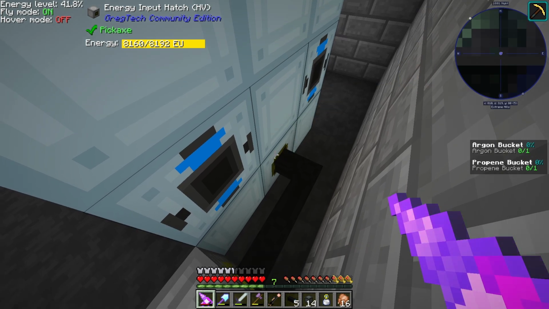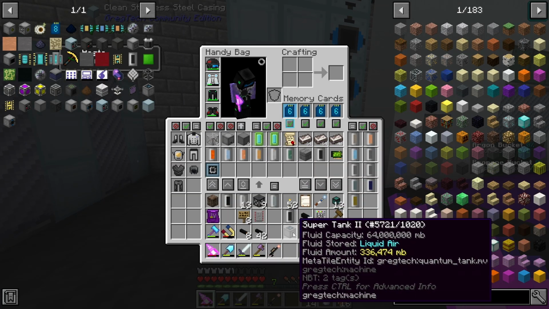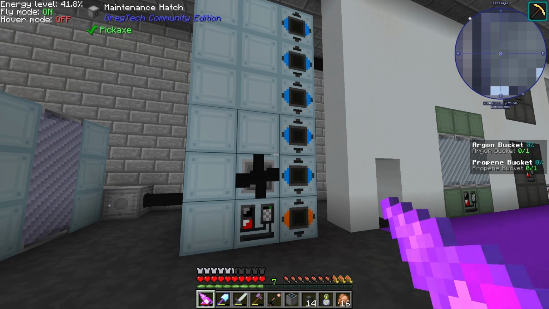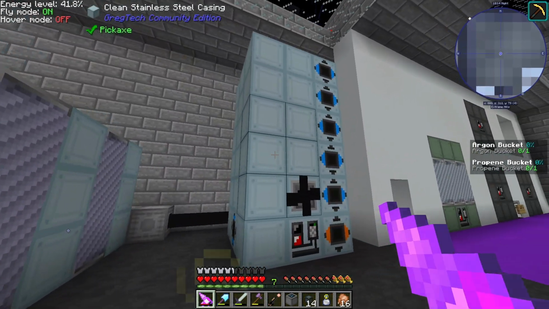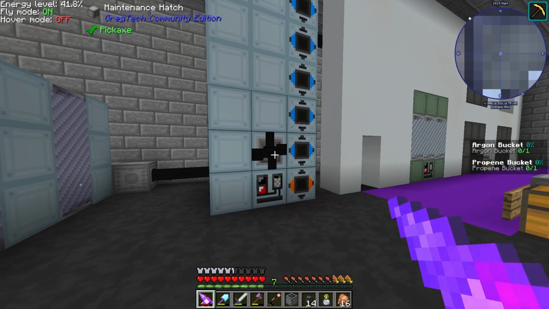It looks like it's powered. Okay, well, that's not too bad. I also grabbed our super tank from Pluto. It has 336,000 millibuckets, which in this recipe should be able to craft 3 times to get ourselves some of the different